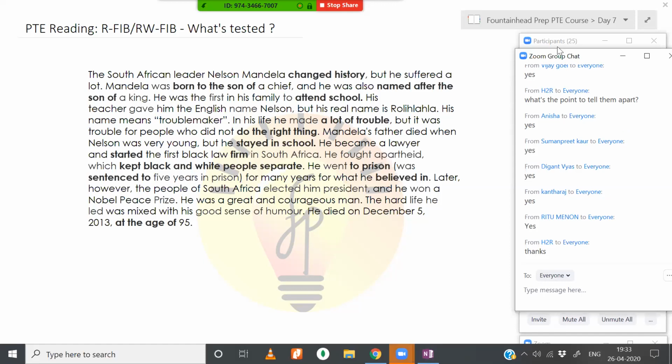All right. So again, identifying these are not a part of PT exam. Okay. So we have seen the exact question type, but what I want you to understand here is, when you practice for these exams, when you practice for these reading fill in the blanks or reading and writing fill in the blanks, it's always better whenever you read an article, go into that mindset where you scan for these collocations. Okay, it's just a practice that will help you later on in answering those fill in the blanks questions.